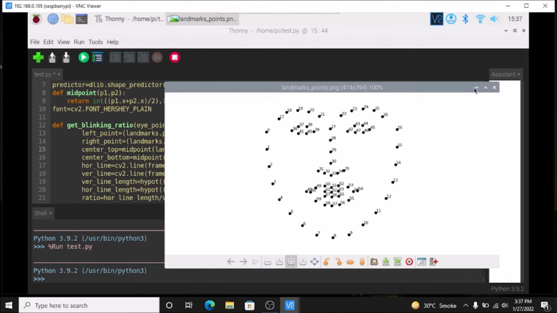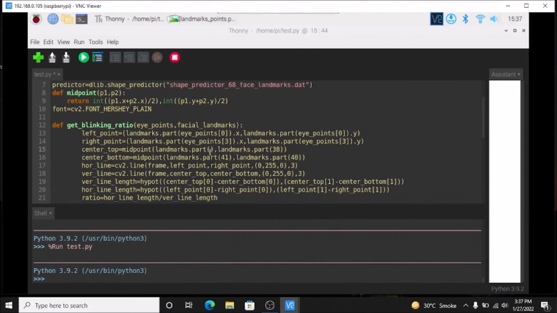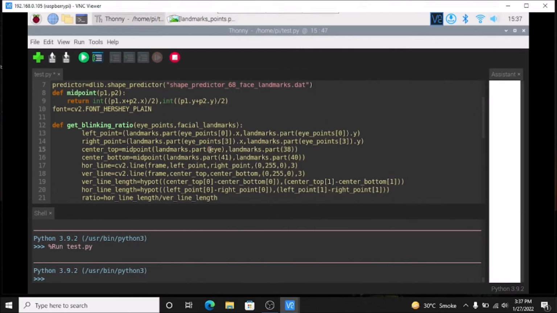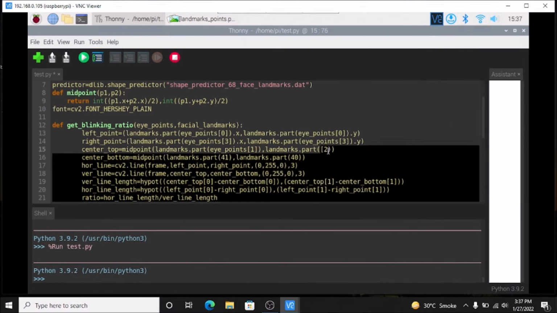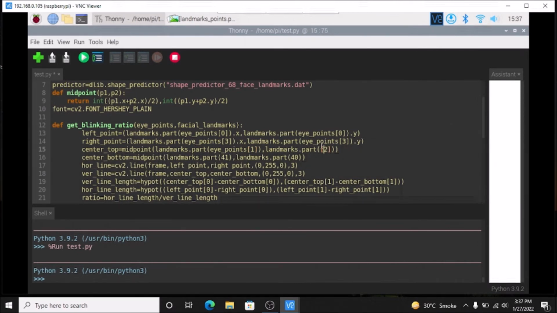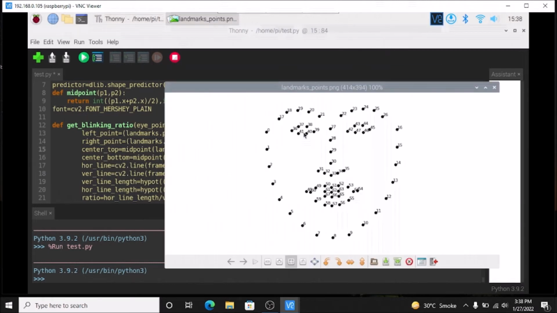Simply mention 37, this one is the 37 eye points, the first index number, and 38 is basically the second index number. So first we need to mention the eye points. Now the 41 is basically the last point, which is the fifth number, and 40 is the fourth